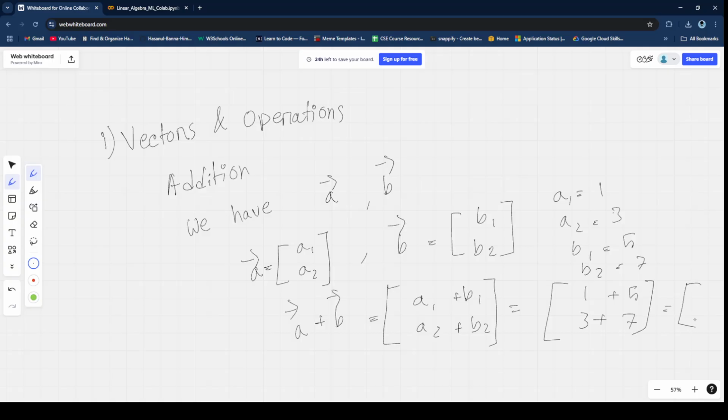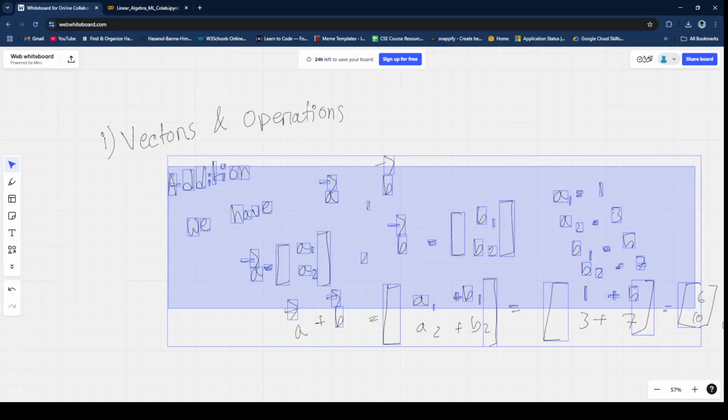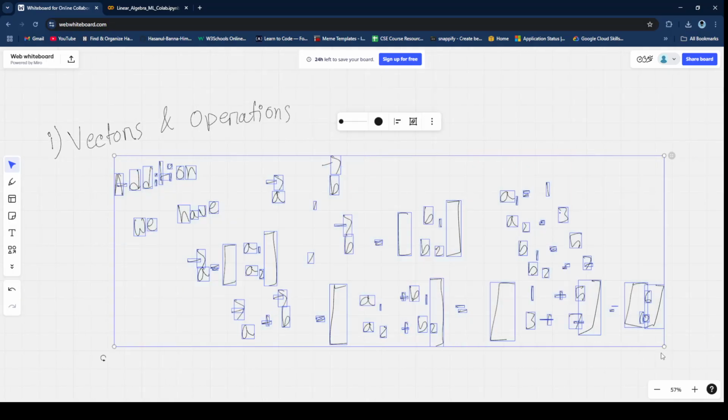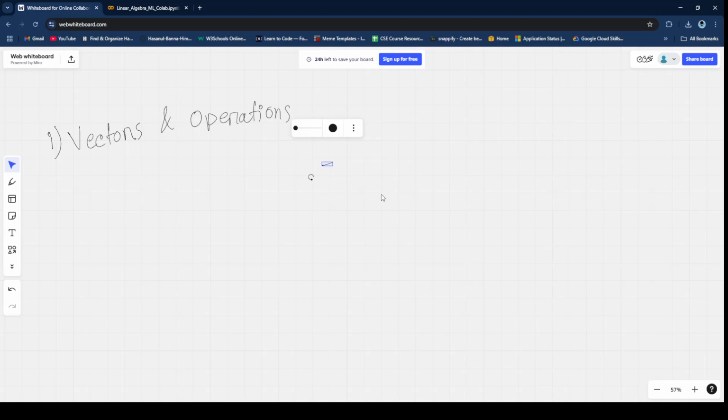Our final value will be 6 over 6 and 10. So this is our vector addition. Now comes our second part, our